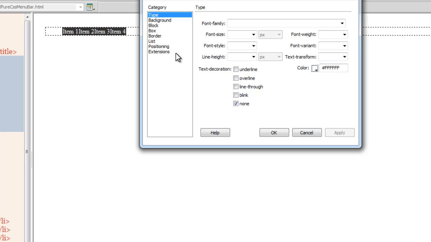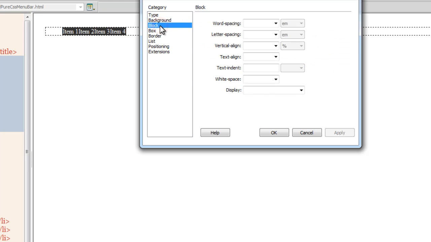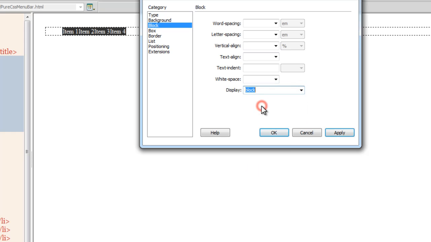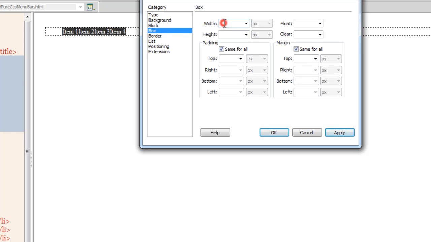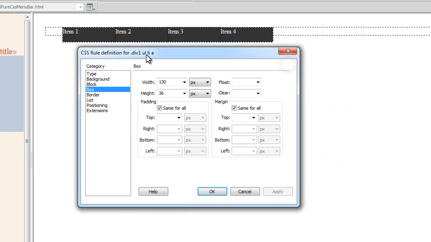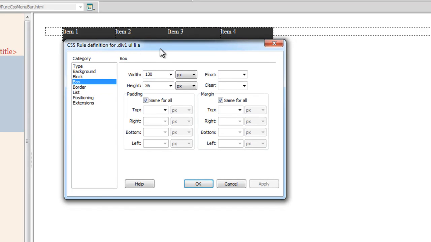All right. Next, guys, I'm going to go to the block category. I'm going to set the display to block. Once you set the display to block, now it will honor the width and the height properties, guys. I'm going to go to the box category. I'm going to set the width to 130, a height of 36. I'm going to say apply once again. Have a look out here, guys. The menu bar is actually taking shape,